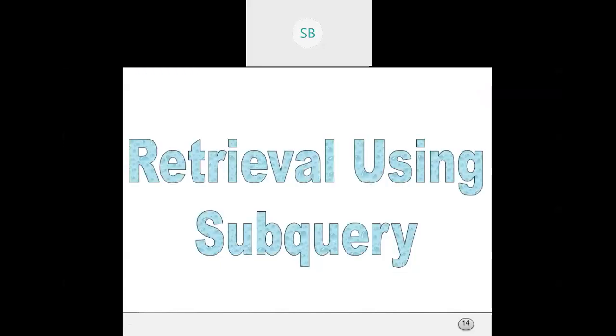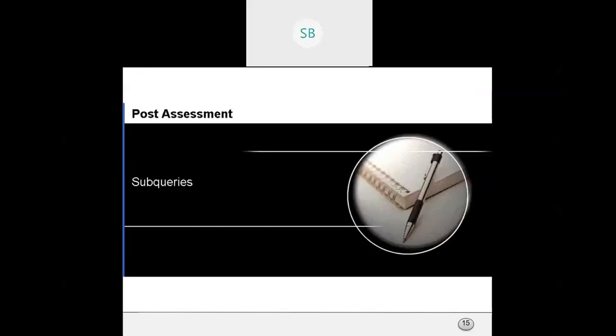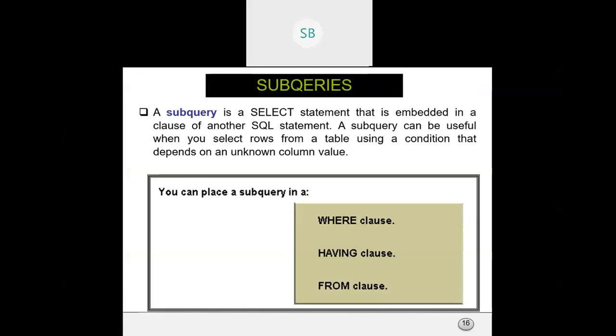Next, moving to the subqueries. In the last class, when we went for the max of GPA, we calculated the max of GPA. A few of you had a confusion, because you wanted to print the name also along with the max of GPA, like who was the one having the maximum GPA. In that case you have to write a subquery. That means in the where clause you have to include another select query. Let me explain.